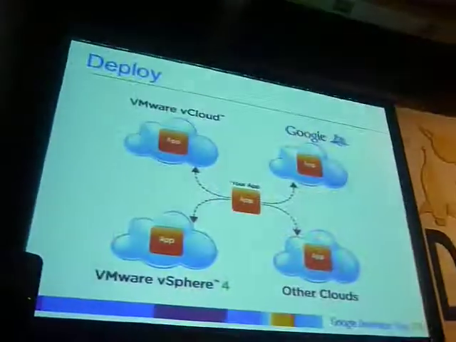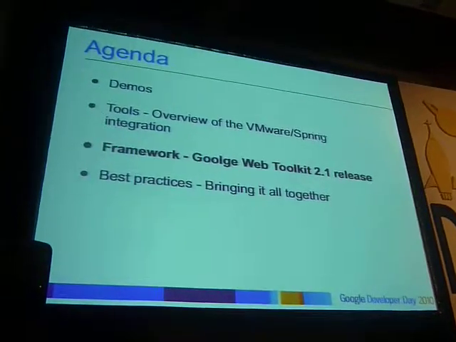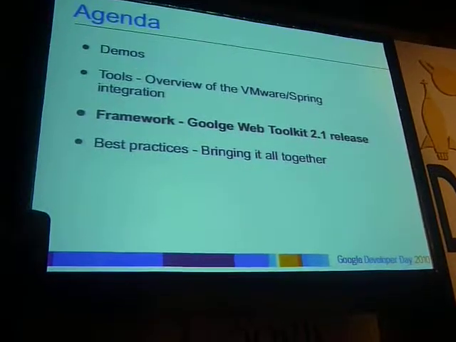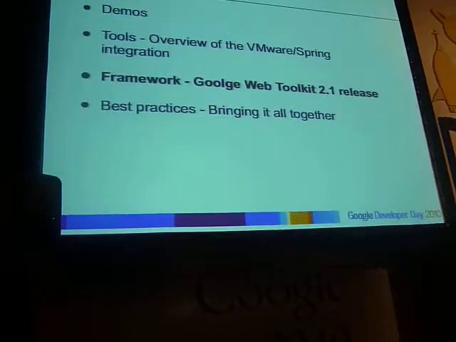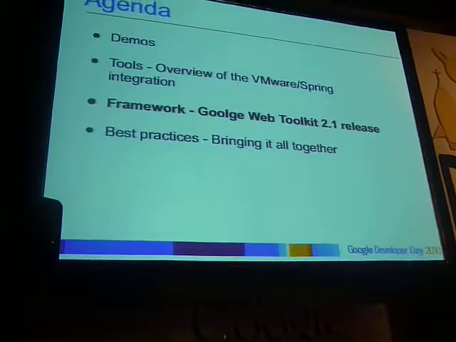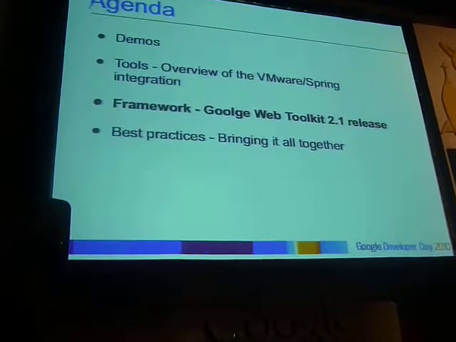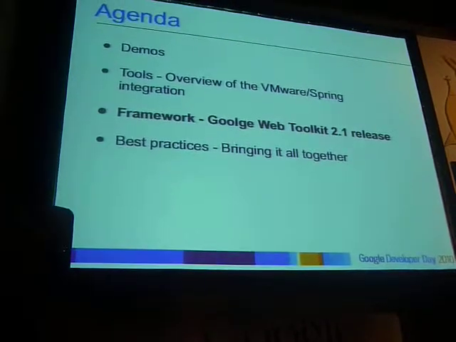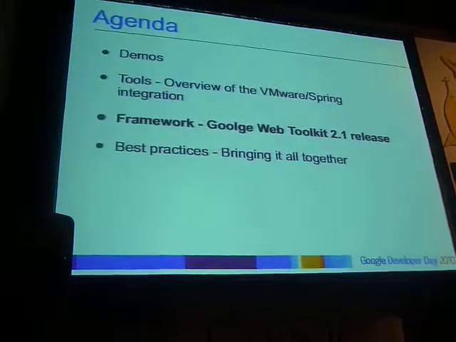So the framework, the new Google 2.1 release. When Spring Roo goes off and generates a whole bunch of code, as you saw this morning, it's got to generate that code for something, right? And it's got to generate it for some framework. And what we've done is Spring and a lot of the enterprise community are built on top of